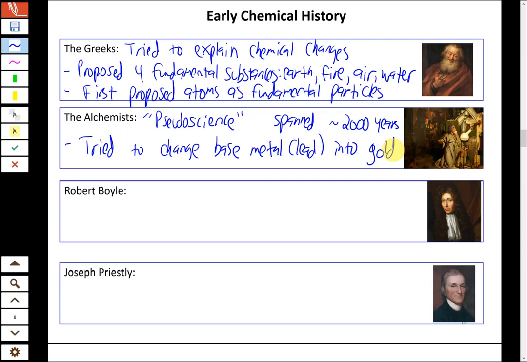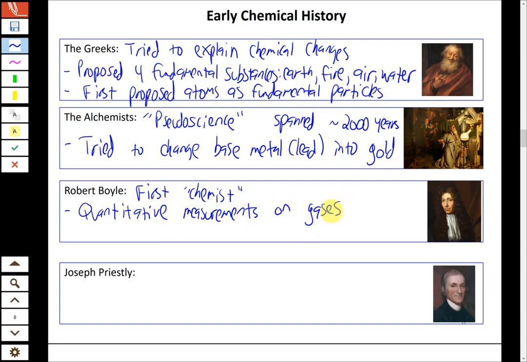real advent of chemistry. So the very first chemist, or who's often credited as being that, is Robert Boyle. And we're going to learn about some of Boyle's discoveries much later in the course, probably about two-thirds of the way through. But what he did was he made quantitative measurements on gases. So we talked about qualitative versus quantitative. A lot of the early chemical history was qualitative. It was color changes and physical observations based on just what you can see and sense pretty easily, smells, taste, stuff like that. But he actually made quantitative measurements, so really setting the stage for understanding how those work at a much more